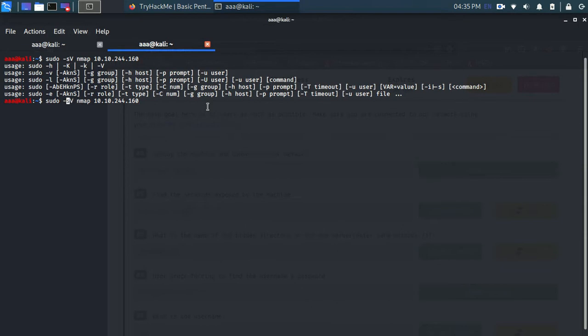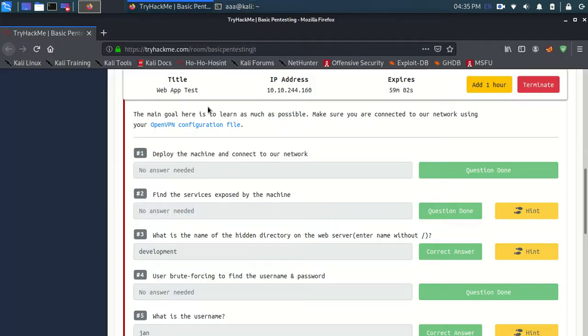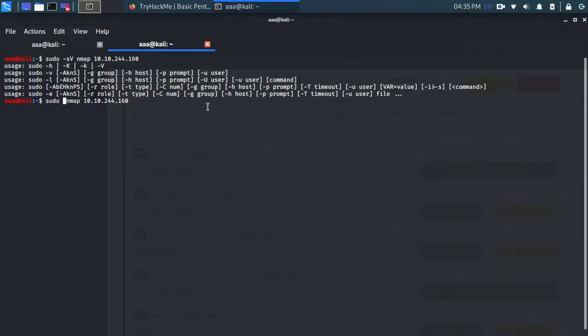Okay, we just need to find the services and not their version. So let's just do this. Because over here it will actually be sudo nmap, and then after that there will be -sV. I just added that before, so pardon me for that.